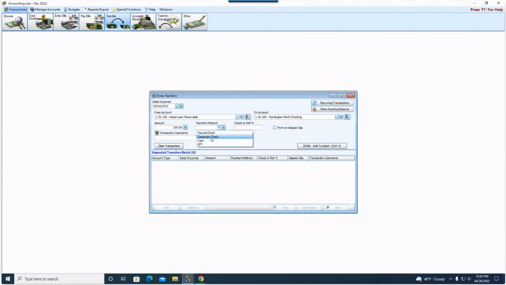Again, I'm not going to choose computer check, but if I want to record the payment method that he's presenting to me, I can choose manual check or whatever payment method best suits that. Let's say he presented me with cash. So then I would enter comments of some kind, repayment for loan, one payment against loan, done,